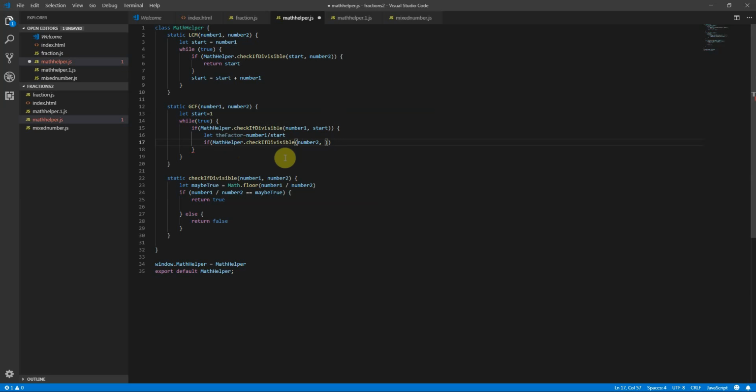So this is basically whatever we get. So 1 or 4 and 16. And now checking if number 2 is divisible by that. So let's see if it has the same thing. So greatest common factors, the common factors between both of the numbers, that's the highest. So we have to divide this by,